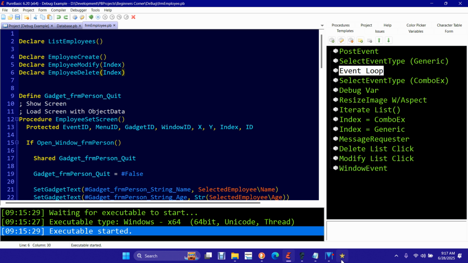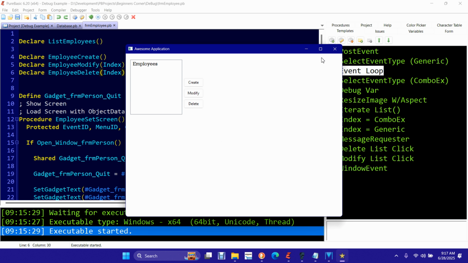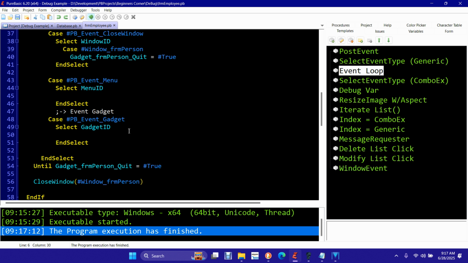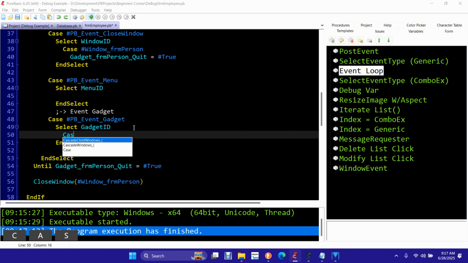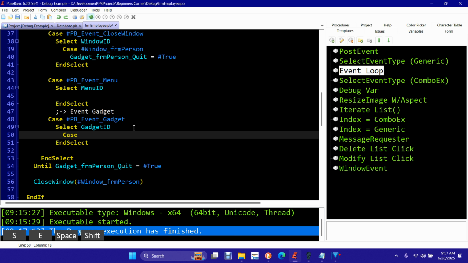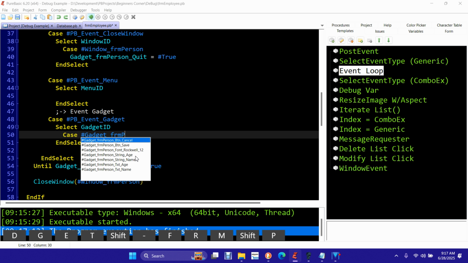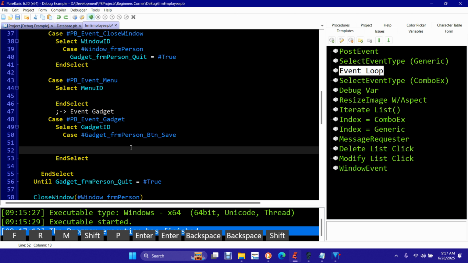So, where we left off exactly was right here. Now, our next set of code we want to play with is the save and cancel buttons. So, let's come on over here and we can add them in here, right? So, case. And this would be gadget, FRM person, and we are going to have save and case,